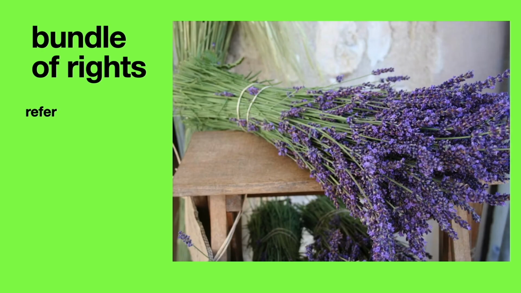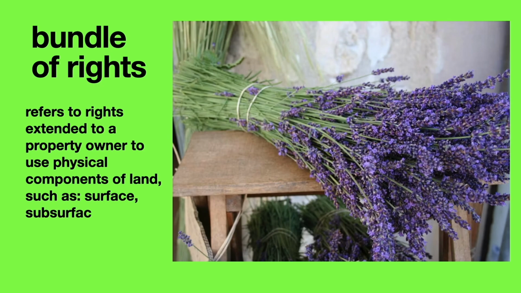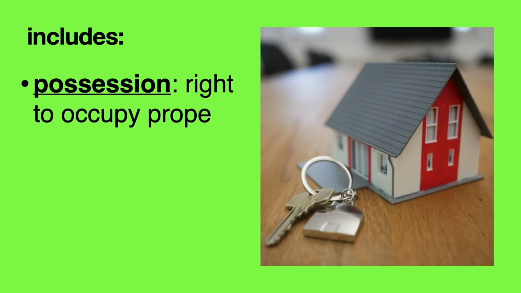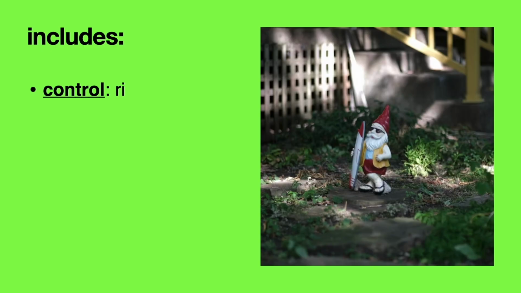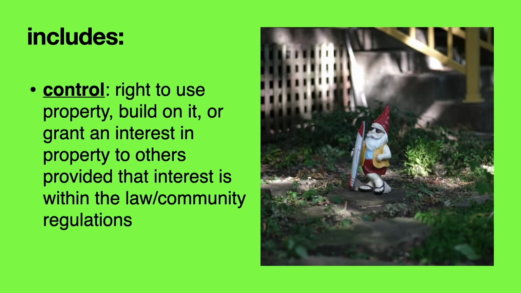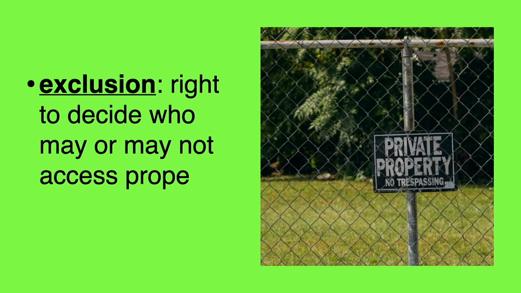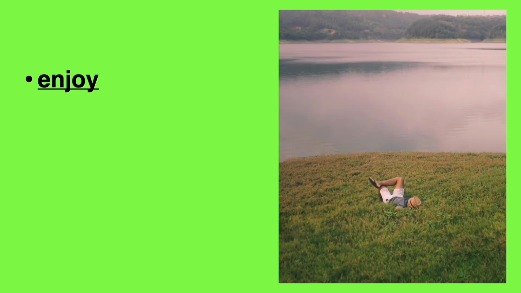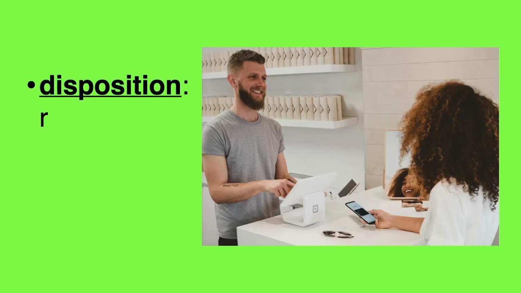Bundle of rights refers to the rights extended to a property owner to use the physical components of land, such as the surface, subsurface, and air rights. The bundle of rights includes possession, the right to occupy the property and recognition as holder of the title; control, the right to use the property, build on it, or grant an interest in the property to others, provided that interest is within the law and any community regulations; exclusion, the right to decide who may or may not access the property; enjoyment, the right to use the property legally without harassment or interference; disposition, the right to sell or